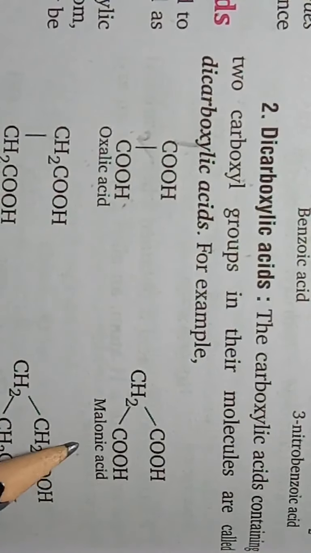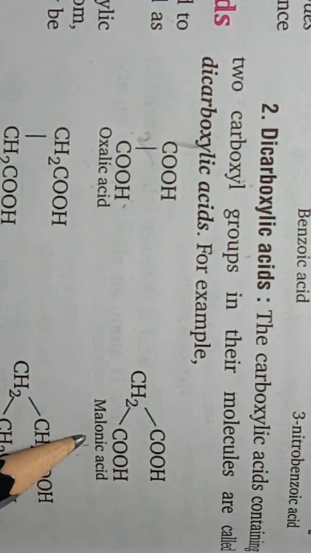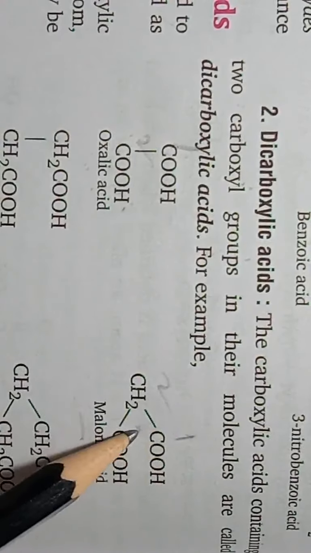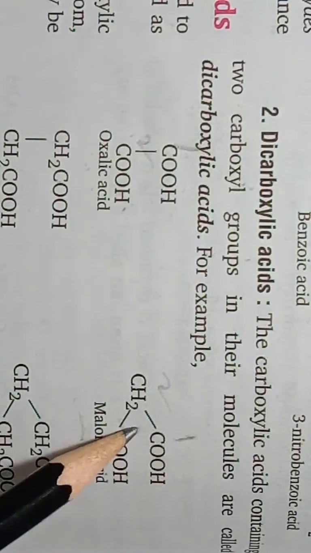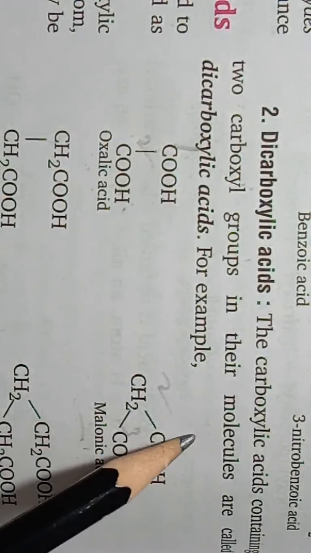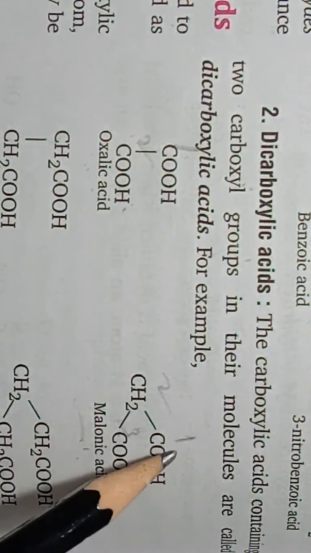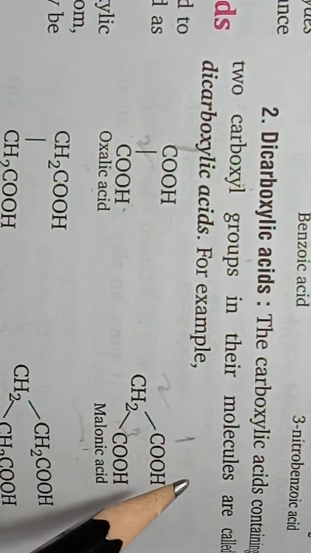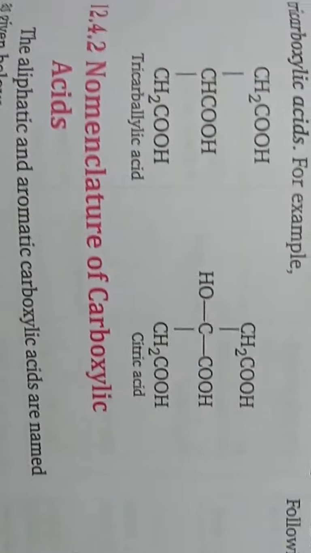Okay, students. Then this acid, 1, 2, 3. So propane-1,2-dioic acid. Propane 1, 3. This is the third carbon, propane-1,3-dioic acid. Okay, students. Then